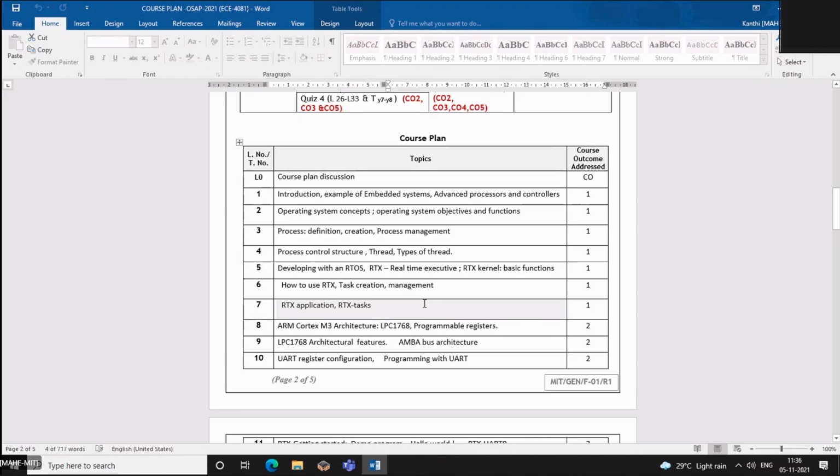It is included, because that comes along with your LPC 1768. Anyway, I'll add it in the course plan in your Teams. Okay, ma'am. Anything else?